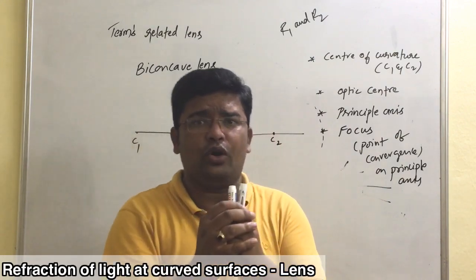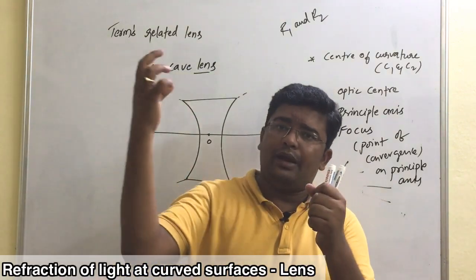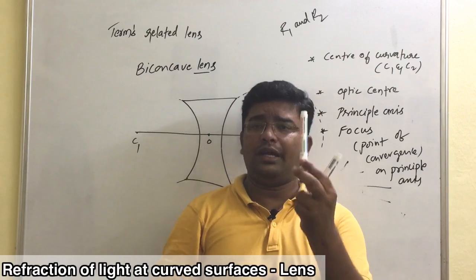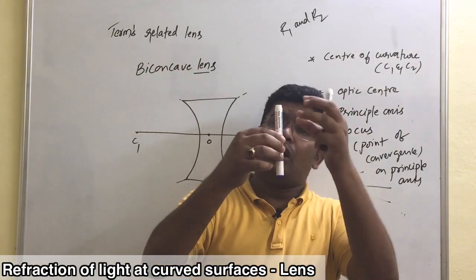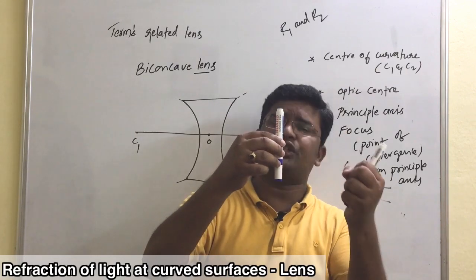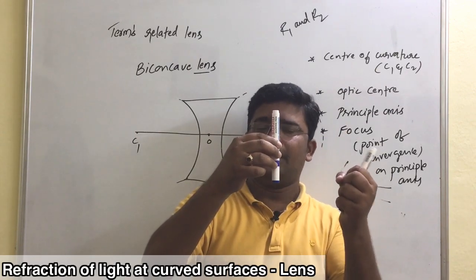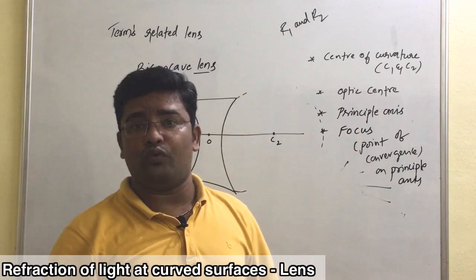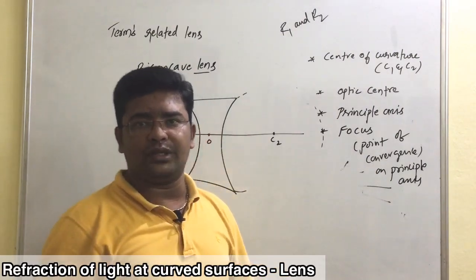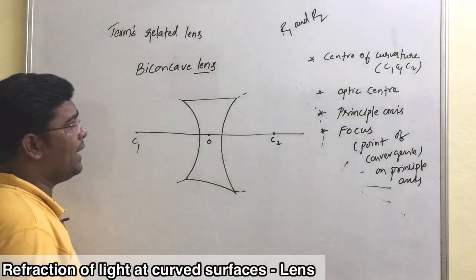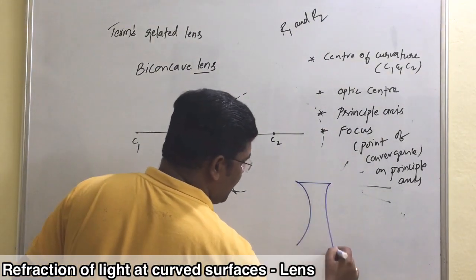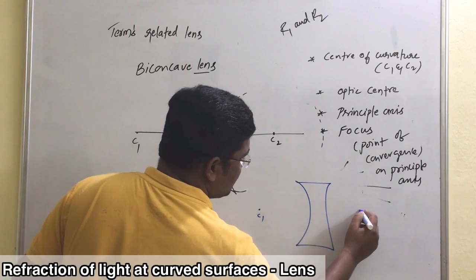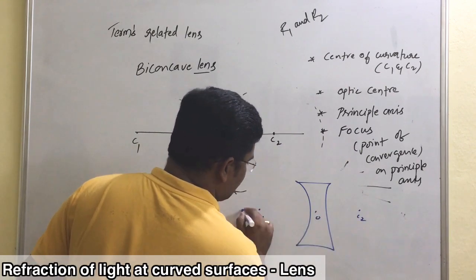What is happening in the biconvex lens when a set of parallel light rays, okay, अगर एक convex lens है, तो जब parallel light rays इस convex lens पर गिर रहे हैं, what is happening here? All the parallel light rays are converging at a point on the principal axis. That point of convergence we call focus for the biconvex lens. So what is focus for the biconcave lens then? Let us assume this is our biconcave lens, with centers of curvature C1, C2 and the optic center.